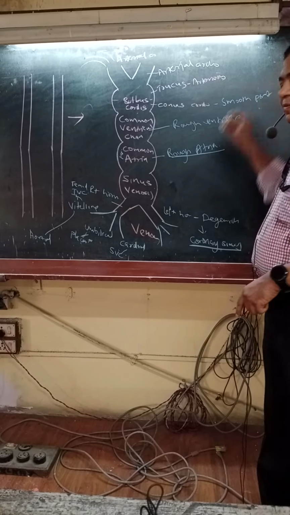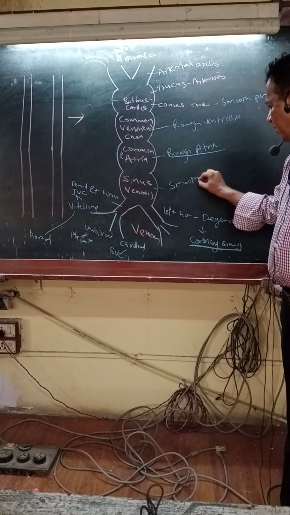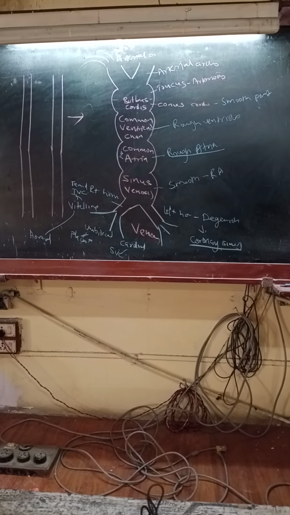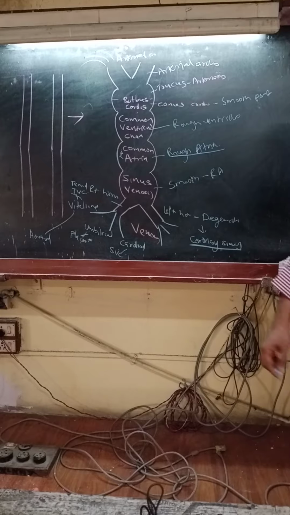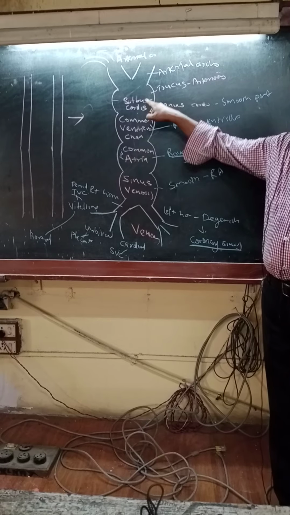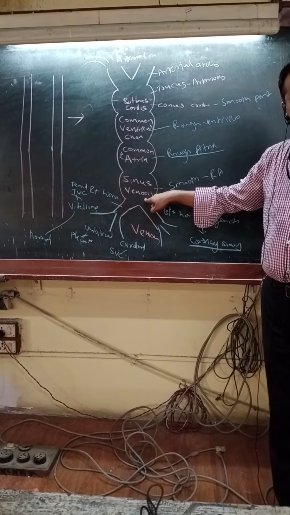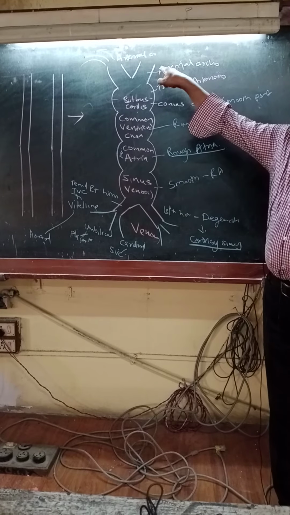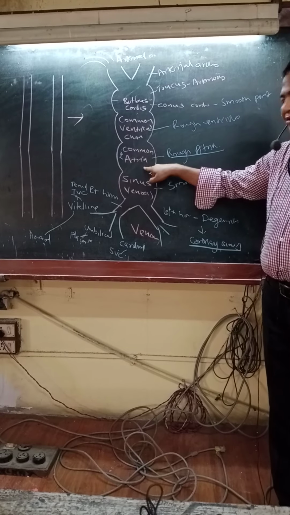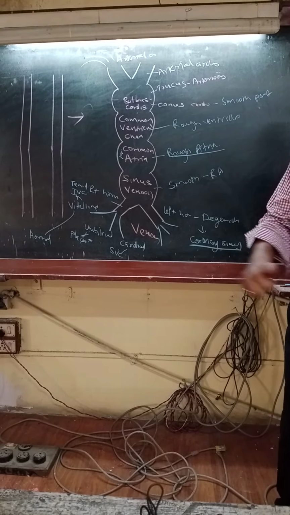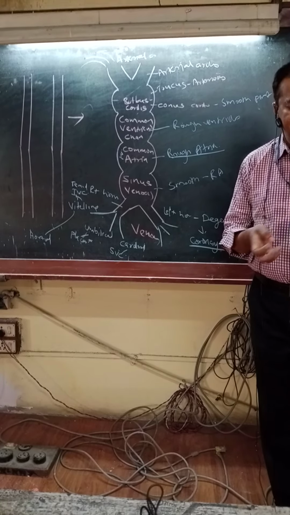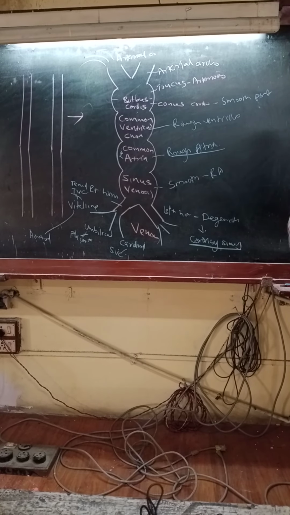Sinus venosus will form the smooth part of the right atrium. So I will come again. Out of the four swellings, the first swelling from below forms the smooth part of the right atrium. The topmost swelling forms the smooth part of the ventricles. In between, the common atrial chamber forms the rough part of the atria, and the primitive ventricular chamber forms the rough part of the ventricles.